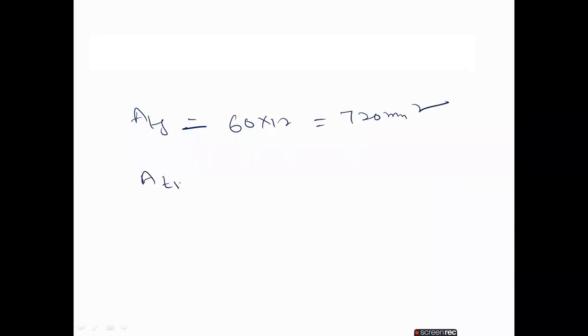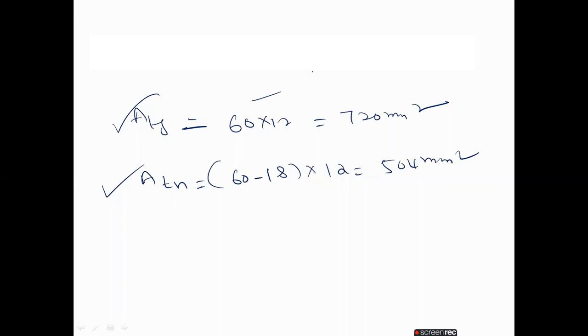Same like that ATN. That is 60 minus 18 multiply with the 12. So we got 504 mm square. So here this is the net area, so no need of calculation. So directly we will calculate here. Okay. So after this one, once you got these values, directly substitute in the formula TdB equal to